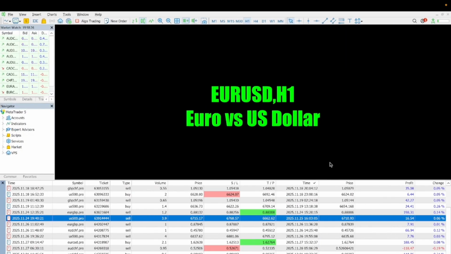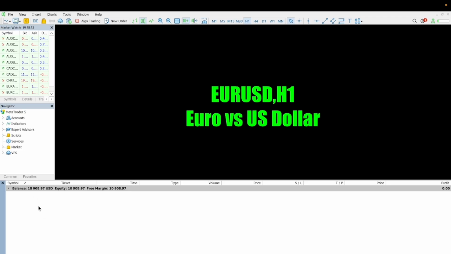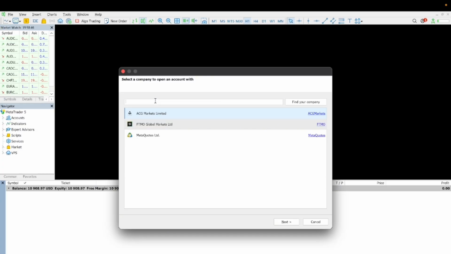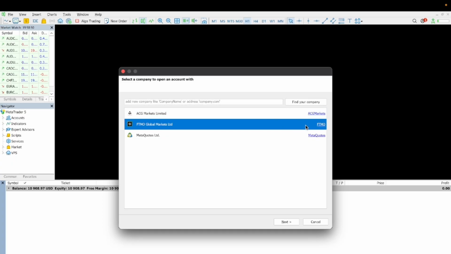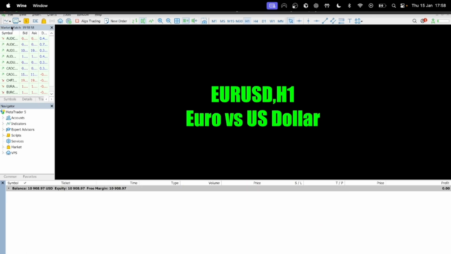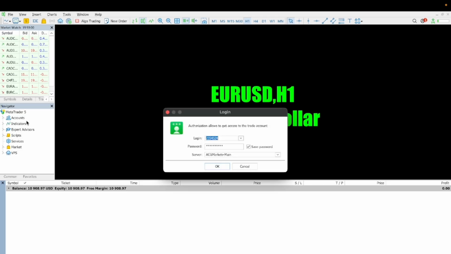So, you want to go onto MetaTrader 5 on your computer. Unfortunately, it has to be a computer. And what you want to do is log into your account. So number one, sometimes let's say you're with a new broker and you've never used MetaTrader 5 on your desktop before, you need to click open an account, and then type in the broker. So for example, if we're doing an FTMO challenge, we're going to type in FTMO, then it will come up. You can click next, follow the steps. It's quite straightforward. Once you've done that, you're going to want to click log into trade account, obviously put in